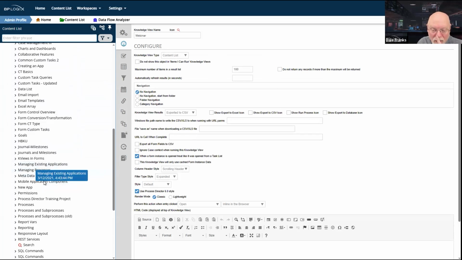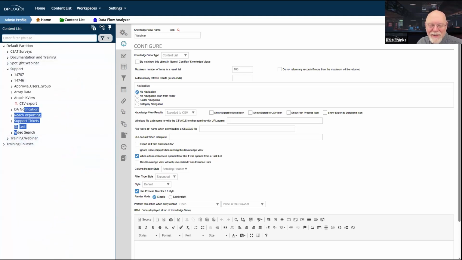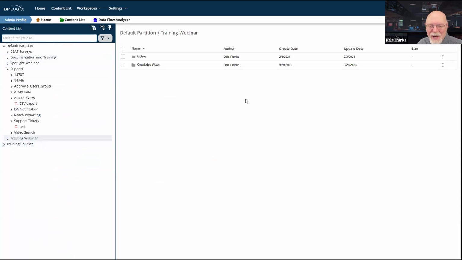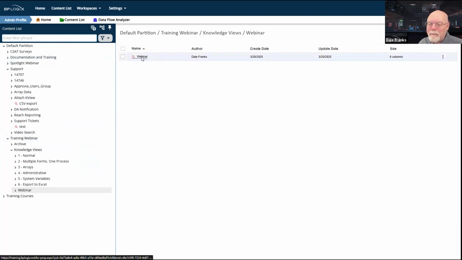I actually wanted to show a goal that would run a knowledge view. But I'm not going to waste your time by searching through things for examples that just occur to me while I'm talking. So we'll just stick with the script on this one.